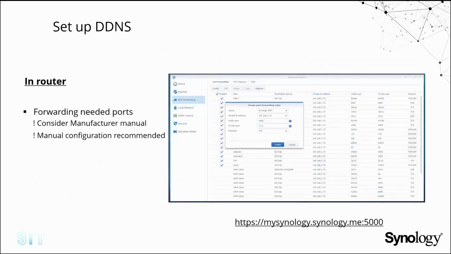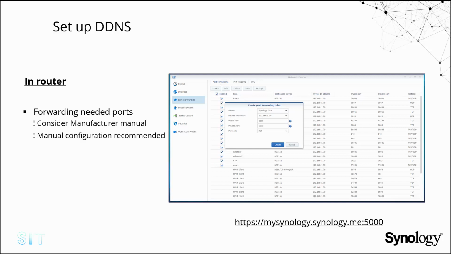In contrast to QuickConnect, we must now set up port forwarding in the router. Basically, these settings are quite simple and identical on most devices. However, please refer to the manual of the respective manufacturer. We also recommend that you do these port releases manually for better control and security. Basically, we only specify which external incoming port is passed to a specific internal device. In the example,